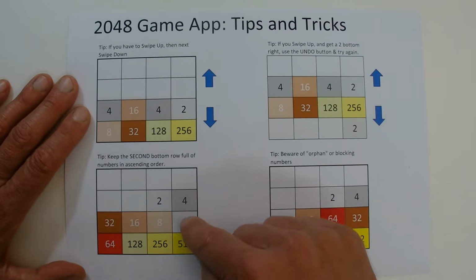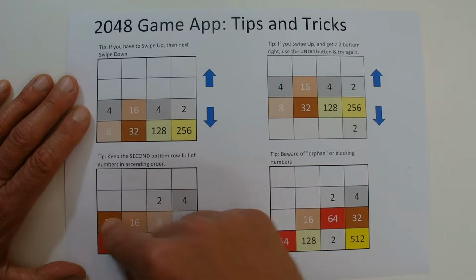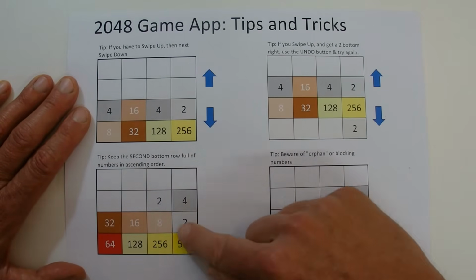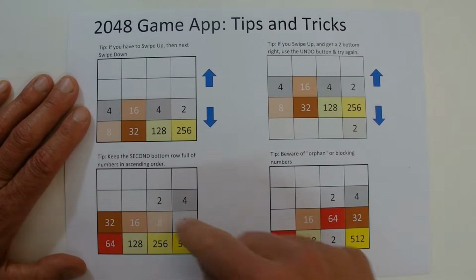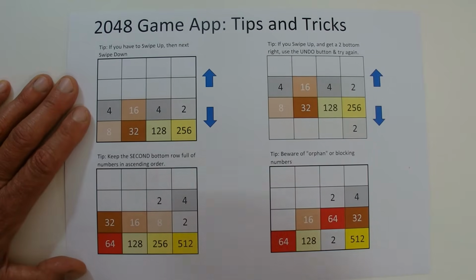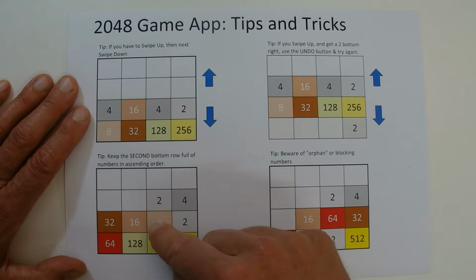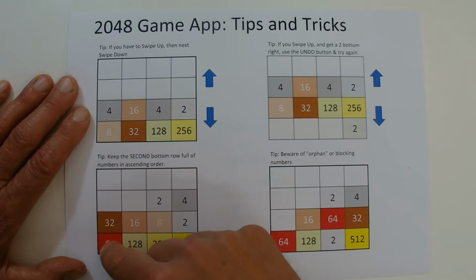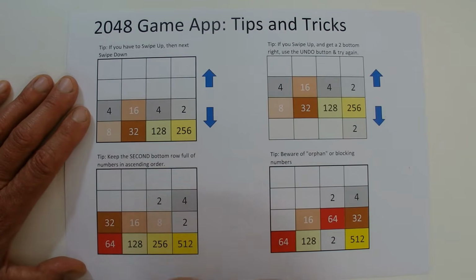So the next tip is to try to keep the second bottom row also full of numbers in ascending order, but ascending going to the left. What can happen is suddenly you'll get an 8 in that cell or that cell, and then you combine the 8 together to get 16, 16 together to get 32, 32 to get 64, and the two 64s come together to give you 128. The 128 comes together to give you 256,